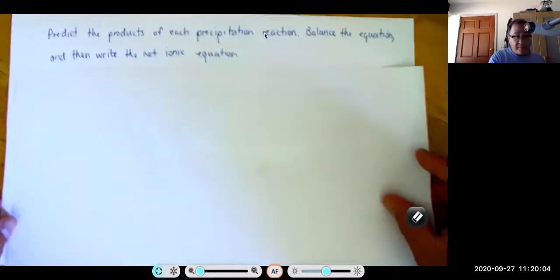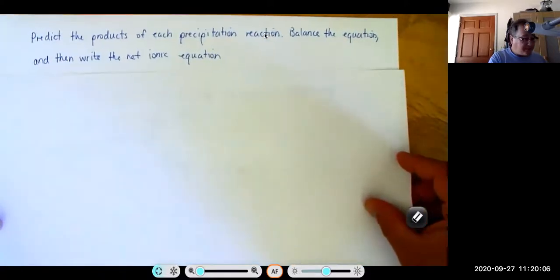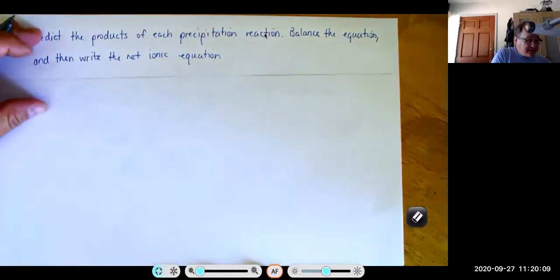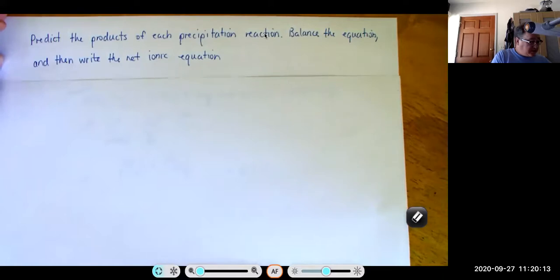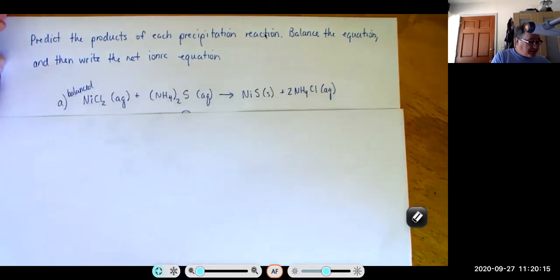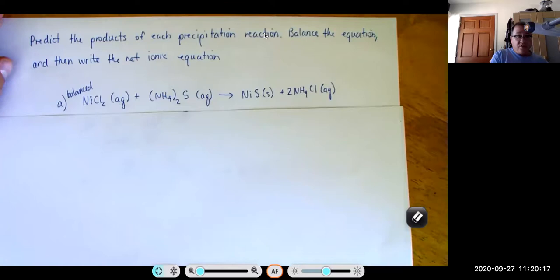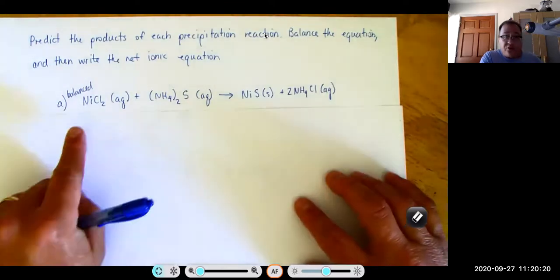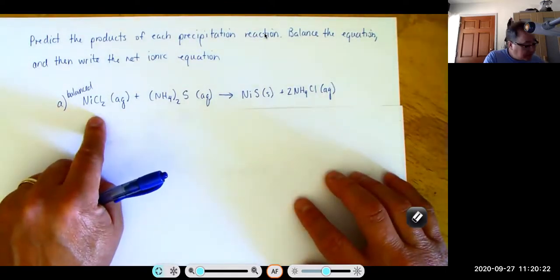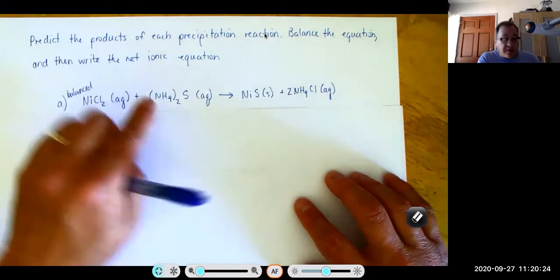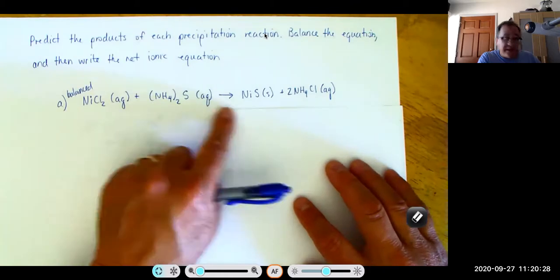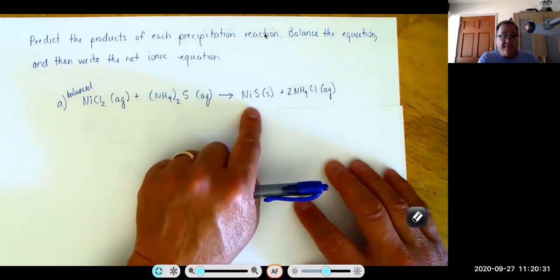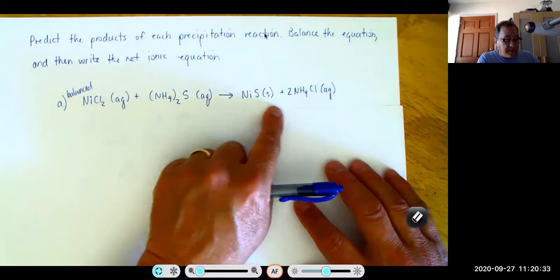Take a look at this next one here. Predict the products of each precipitation reaction, balance the equation, then write the net ionic equation. So here is one of them. We have nickel(II) chloride, aqueous, reacting with ammonium sulfide, aqueous, to form nickel(II) sulfide, solid, plus ammonium